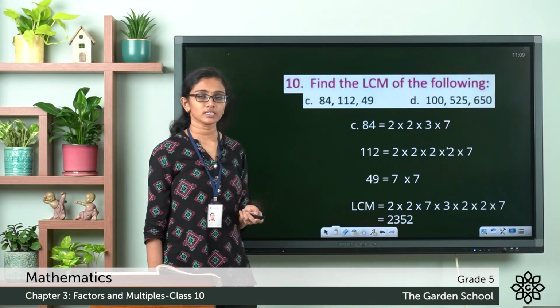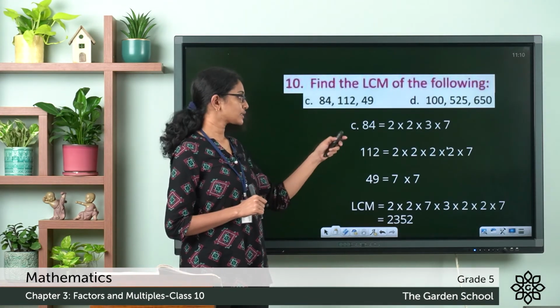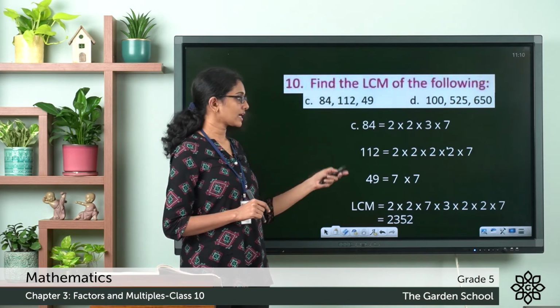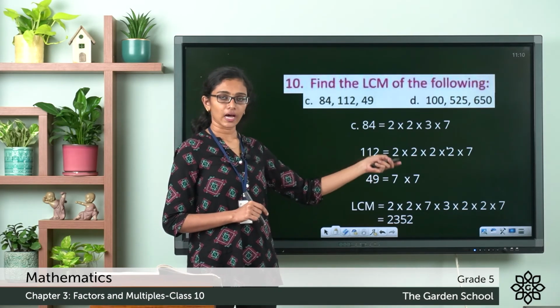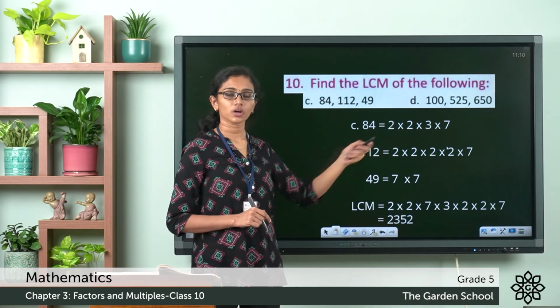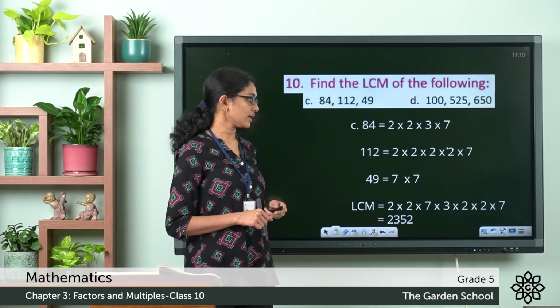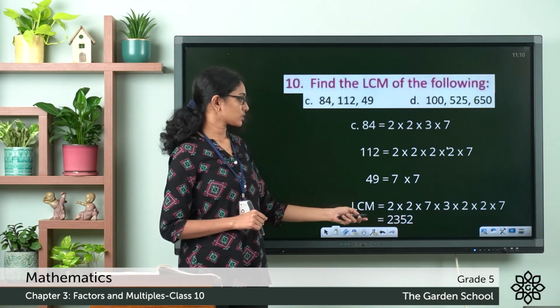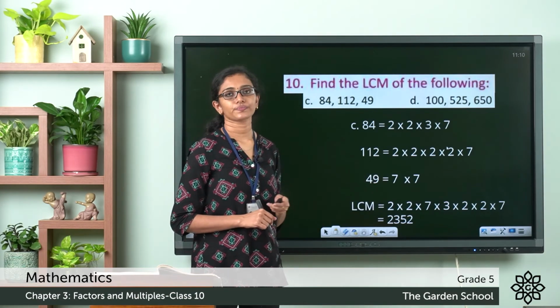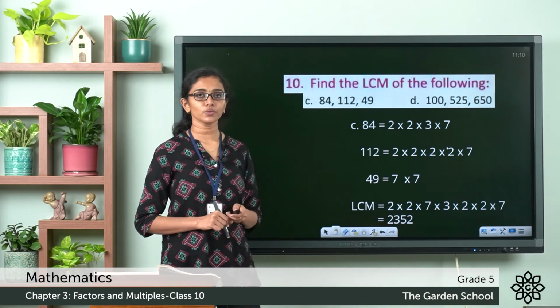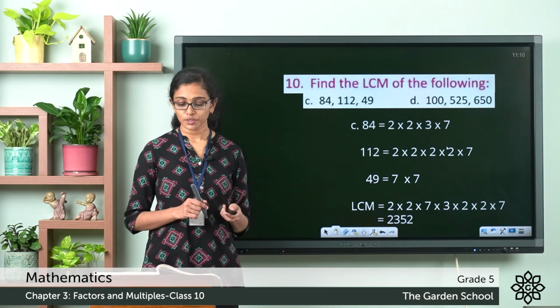Here we have question C. We have the numbers 84, 112 and 49 prime factorized here. We have to identify the common and the non-common prime factors and take their product, and we get the LCM as 2352. Please work out question D also in your notebook. Now let's move on to question number